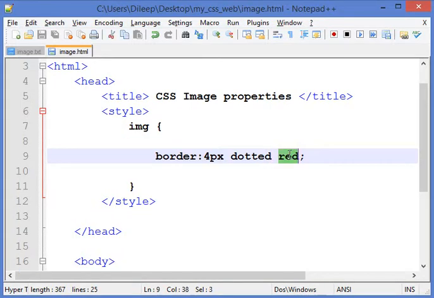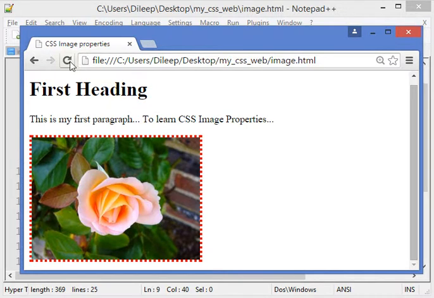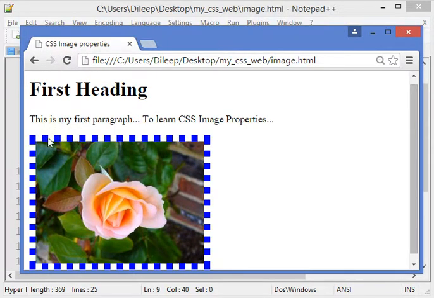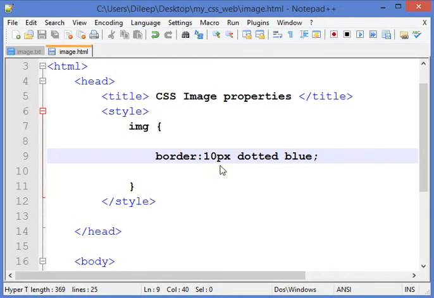You can choose any color, and the width you can choose whatever you want, about 10 pixels, and the color suppose blue. So it will look like this, 10 pixels wide, and the color is blue. So this is how we can set the border of our image.